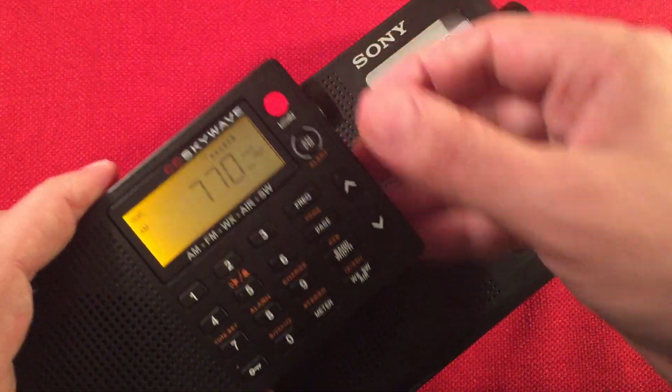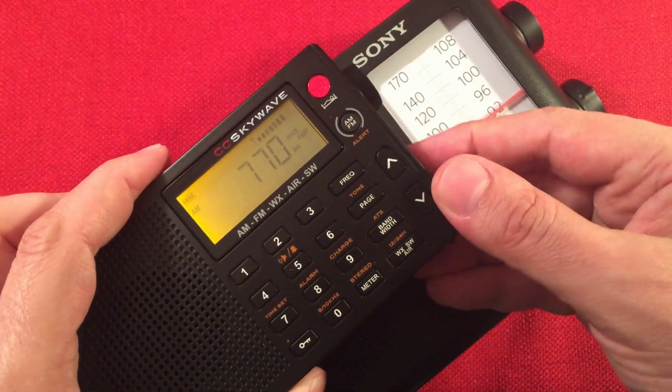Talking Books is a free program from the Library of Congress. If you have trouble reading normal-size print, like...